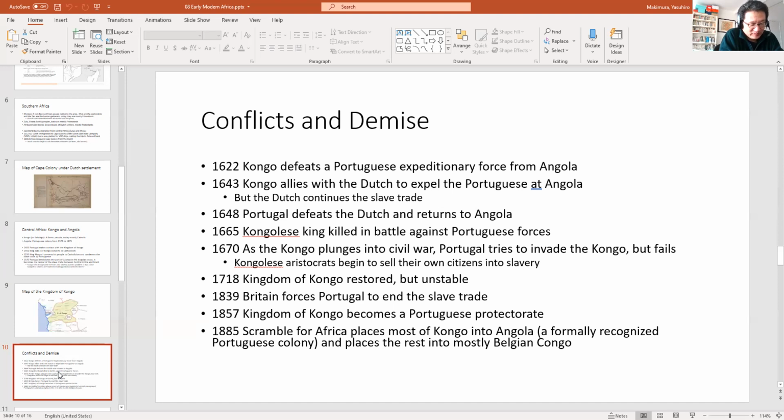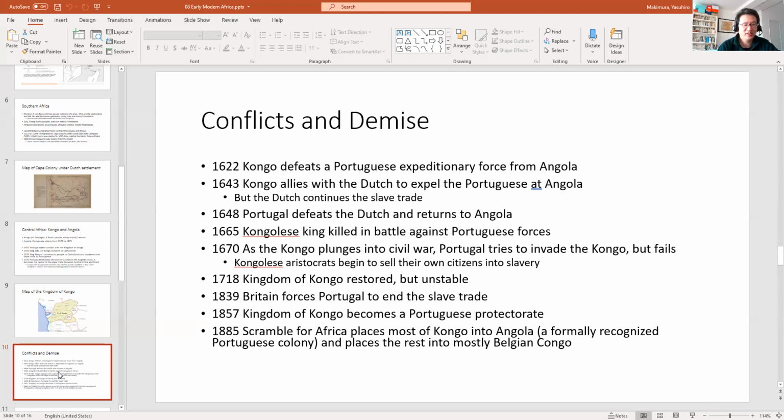Another thing that happens is that the Congolese aristocrats who are fighting against each other to see who will be the next ruler of the Congo basically start selling their own people into slavery. Right? They come up with these crazy laws, and they basically say if you make any mistake and you break this law, then you and your entire family will be enslaved. And so they were looking for some sort of pseudo-legal, fake legal ways to get more slaves, legally, and then sell them off to the Portuguese. So this is what I mean, right?